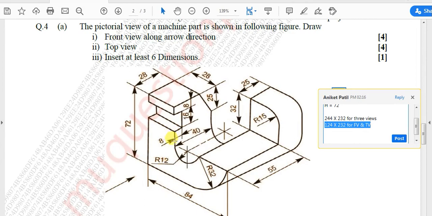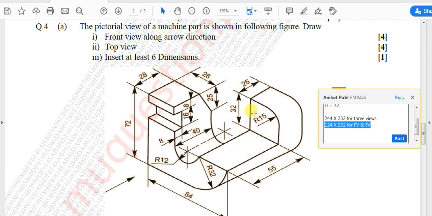Now there is some logic that we need to develop and understand. For example, to what point this circle is starting, so that this length will be obtained. For that we need to figure out to what level this center line is present. Now this center line is present at this level, which is at 32 millimeter from the top point. However, we are uncertain about whether this top point and this top point are at the same level. So we'll have to go in the reverse manner.